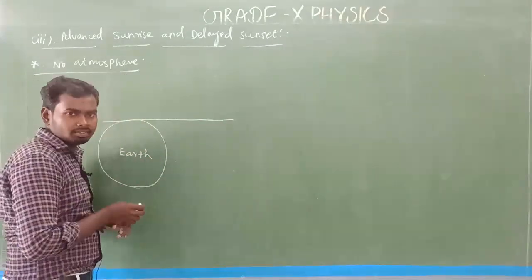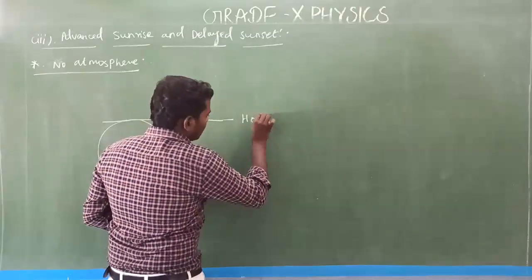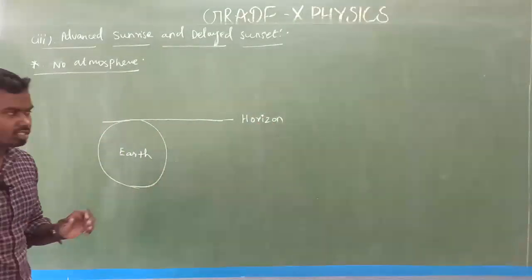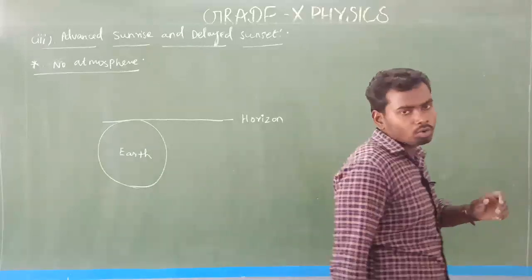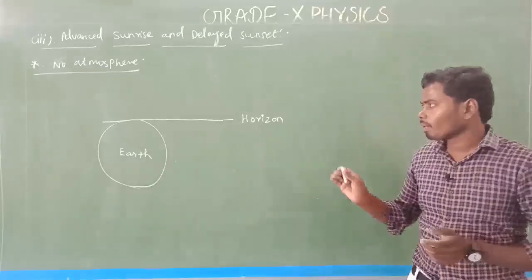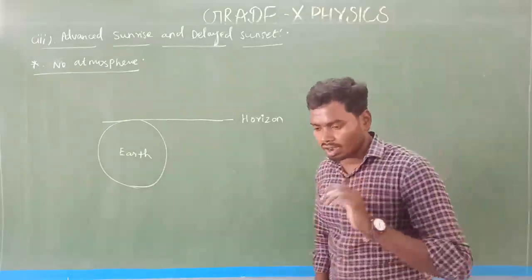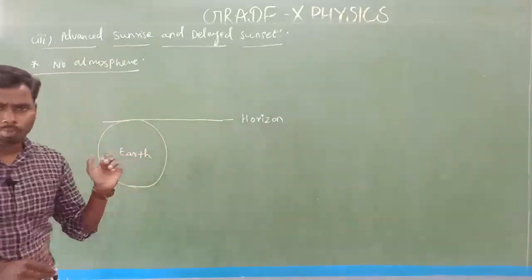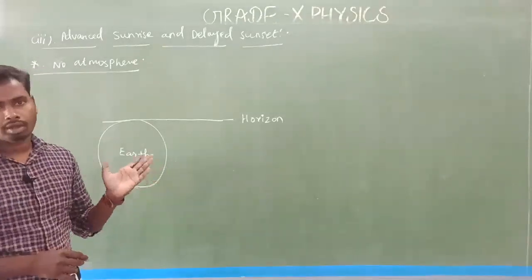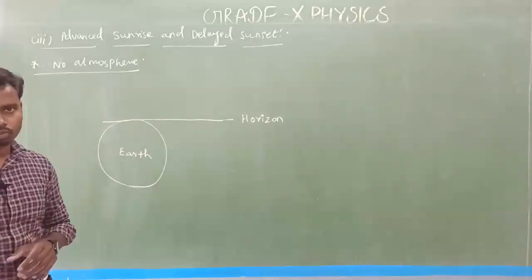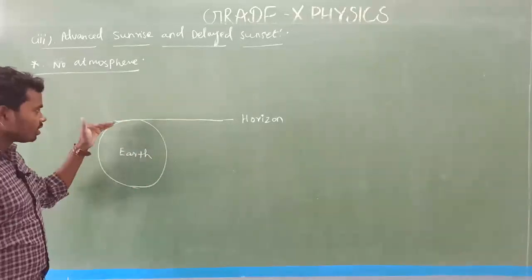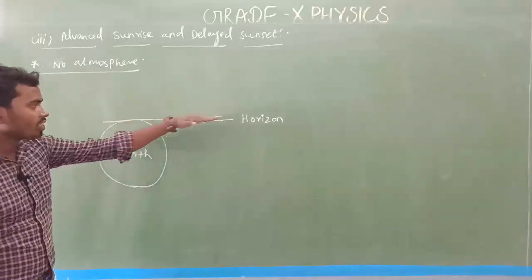What is that line, sir? That line is called horizon. Actually, the proper pronunciation is horizon, but most of us pronounce it differently. Both are okay, but the proper pronunciation is horizon. I am going to use the pronunciation horizon, but you might have heard the other word, no problem at all. Both have the same meaning. So consider this Earth's surface, then draw a tangent line to the Earth's surface, that is the horizon.